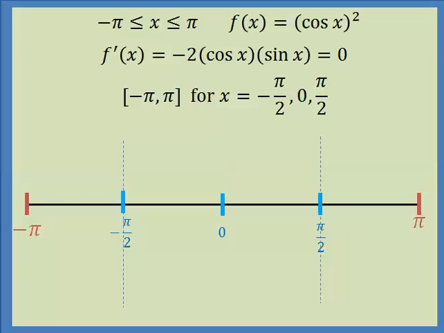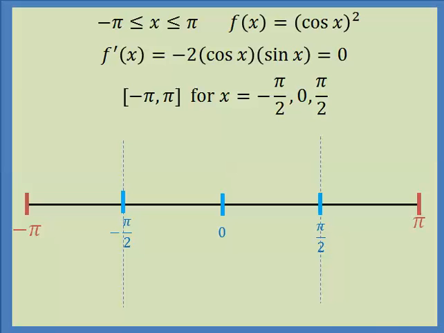So I take these remaining 3 points, negative pi over 2, 0, and pi over 2, and I break my interval negative pi to pi up according to those critical points, and I end up with 4 intervals on which I need to look. Now, I just want to point out that the blue markings are the only places on the interior where f prime changes from positive to negative or negative to positive. And the reason why that's important is that